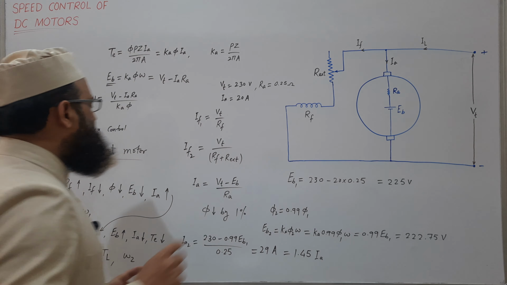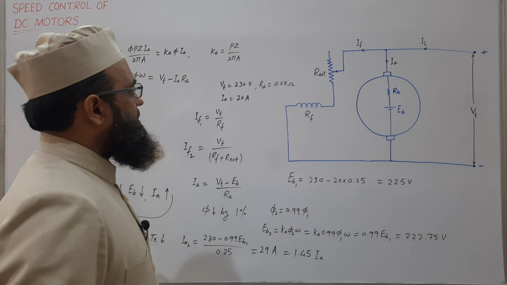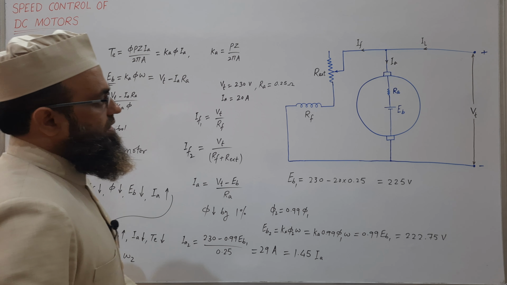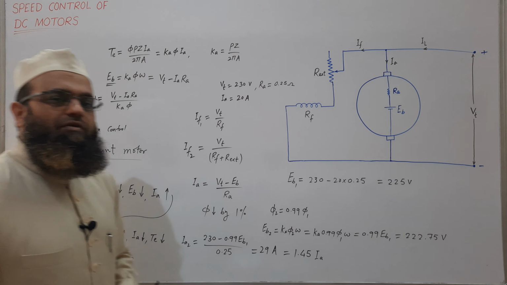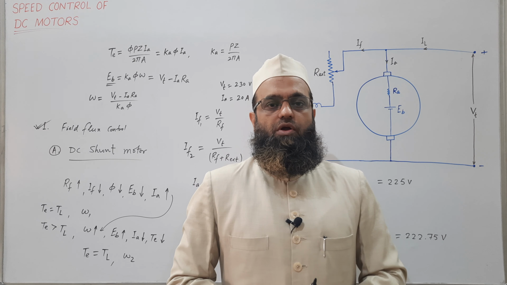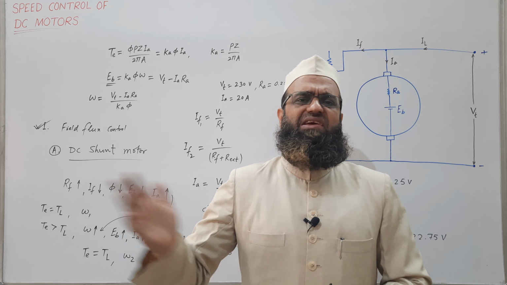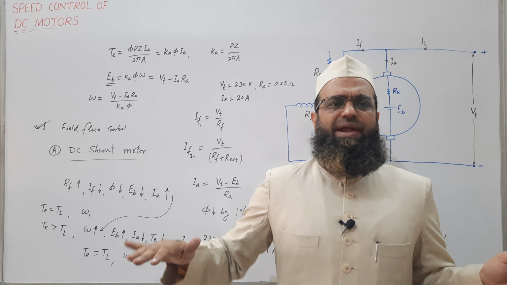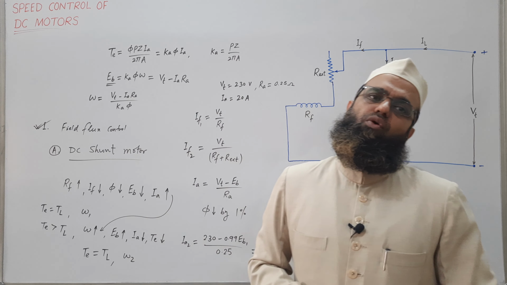We have not changed the load so far in our discussion. Let us take constant load torque. TL was constant. Whatever TL was earlier, the same TL is maintained so far. But different types of load will be discussed later. Load may be constant torque load or variable torque load. Load torque may vary with the variation of speed or be independent of it. If load torque is constant, independent of speed or any other factor, then we say it is a constant torque load.